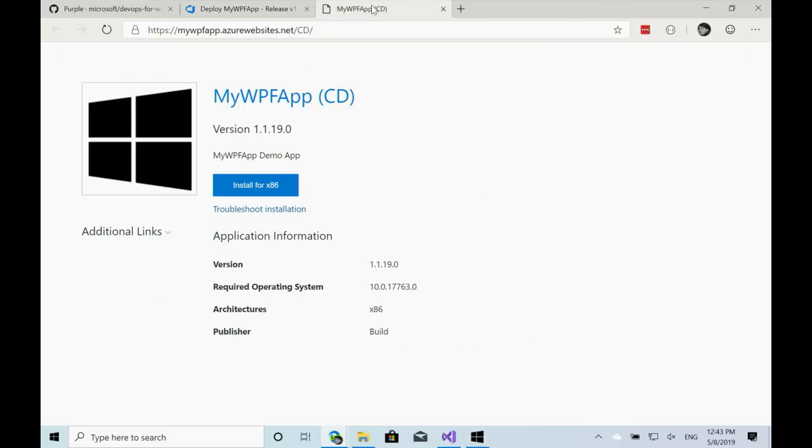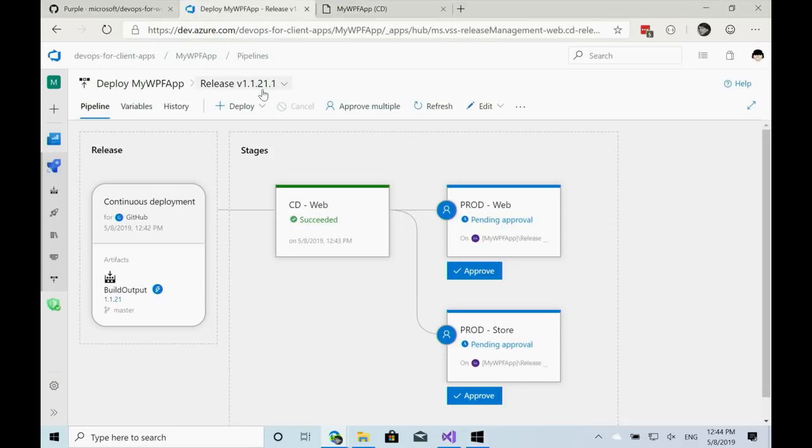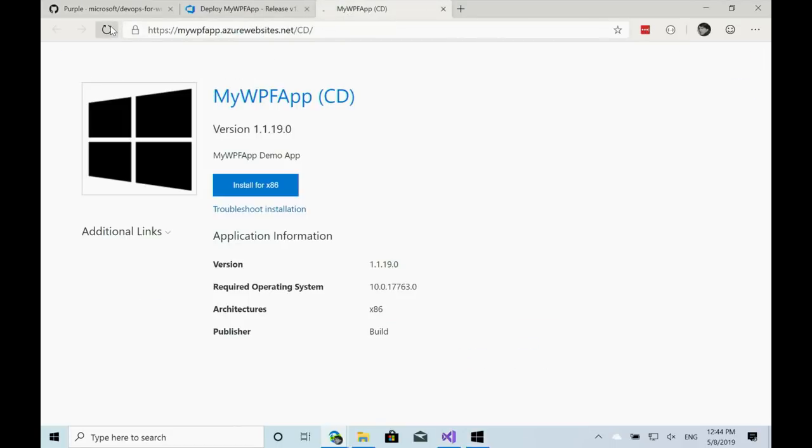So now, if I go back to the HTML page, I should have the next version, which one? 21. So I refresh, 21. Of course, if I click install, I will get the update, but I want to show you the new experience and how applications deployed with MSIX can get automatic updates